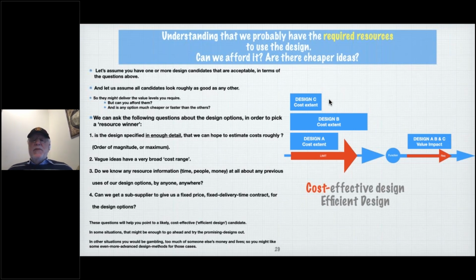So generally speaking, we should probably choose the design that uses the least cost. That would be the most cost-efficient, cost-effective design, or efficient design. And there's a concept here called efficient design, which means the same as most cost-effective design. Generally speaking, we would prefer designs which are cost-effective, but that's a simplification. We'll get back to the details surrounding that. There are things like the risk of what we've estimated, which comes into play, not just the apparent estimated cost effectiveness. But either one of these would do, but why should we choose A when we can choose C and save